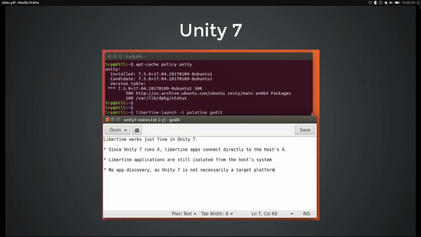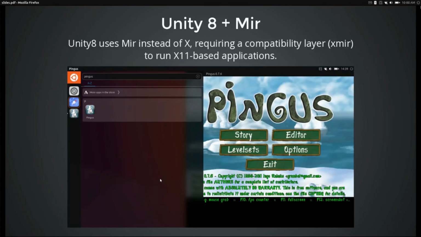In order to launch these apps, users will need to manually run Libertine Launch or create system-findable desktop files. Unity 8 Desktop is a new and improved version of Unity 7, running Mir as its display server instead of X, pre-installed on Ubuntu since last October as a non-default desktop session. Desktop Unity 8 is also not particularly confined, but running Mir instead of X alleviates some of our previous security